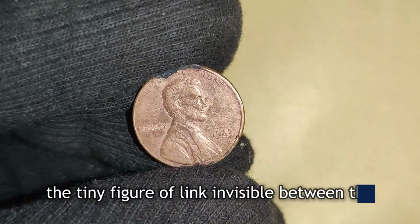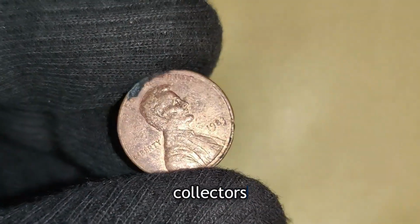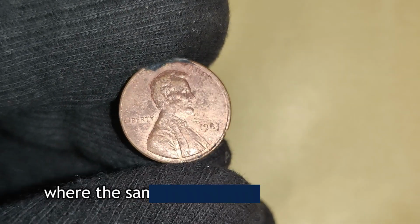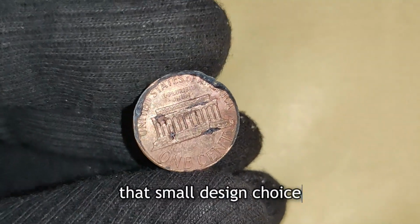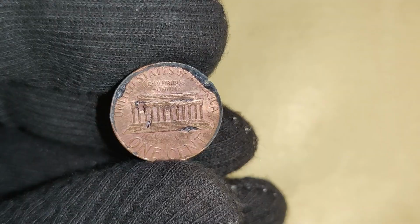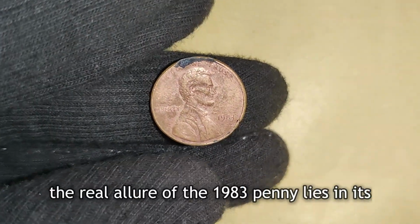The tiny figure of Lincoln visible between the columns of the memorial is a detail that never fails to fascinate collectors, because it means that the 1983 cent is one of the very few coins in the world where the same individual appears twice on the same piece of currency. That small design choice connects the coin to its larger-than-life inspiration in a way that is both subtle and profound, but as much as the design and symbolism matter, the real allure of the 1983 penny lies in its mysteries,